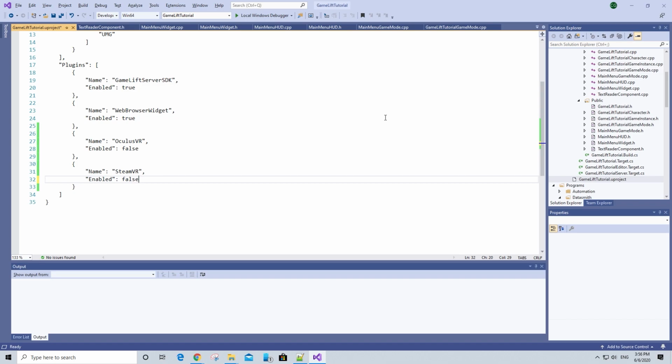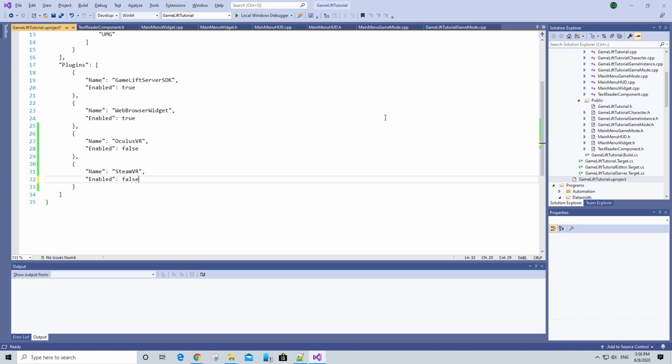Note that you could have also disabled these same plugins inside the Unreal Engine editor, similar to how we enabled the web browser widget plugin earlier in the tutorial. I simply chose to achieve the same effect by modifying the uProject file in Visual Studio instead to show you guys another way to enable and disable plugins in your Unreal Engine project. Also, I recently updated my Visual Studio, so I have to rebuild my project anyway, and I did not want